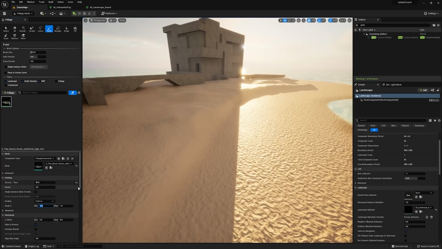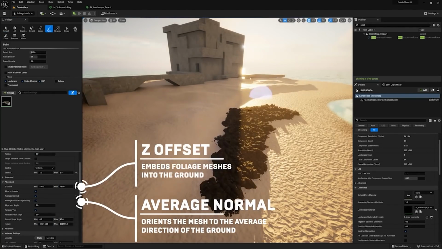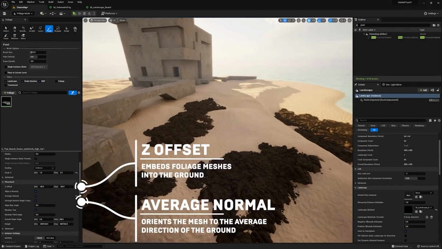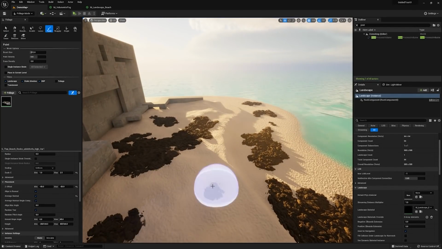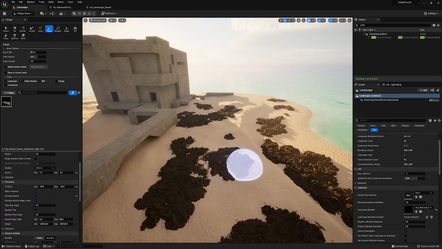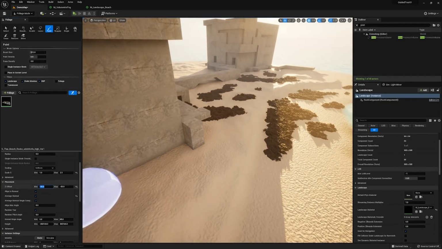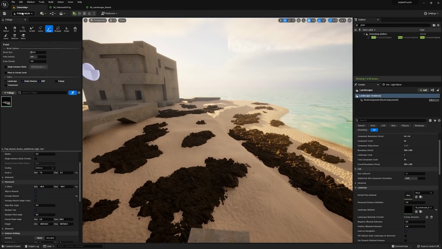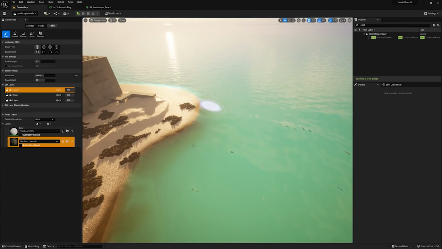So just go into the foliage mode and drag in the mesh that you want to use. In this case, I'm going to use the Thai beach rocks. And I suggest lowering the height offset and using an average normal. This means that when we paint them in, they'll stick into the ground a little bit more, and they won't be as drastically attached to the ground's direction. Now by doing this, we can then just hold down click or shift click to paint the rocks into the world. And this is going to work reasonably nicely for setting up our scenes. It's worth noting that each of these is a Nanite mesh, and I'm painting in like 1,000 of them, and the computer doesn't really flinch.